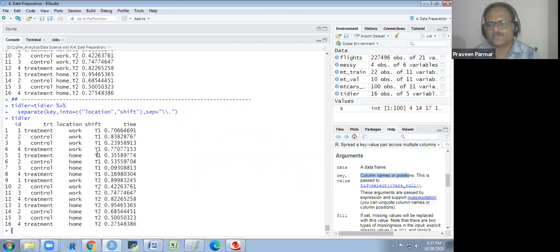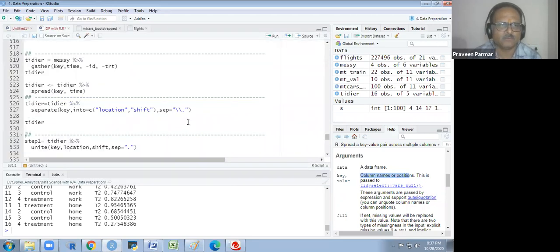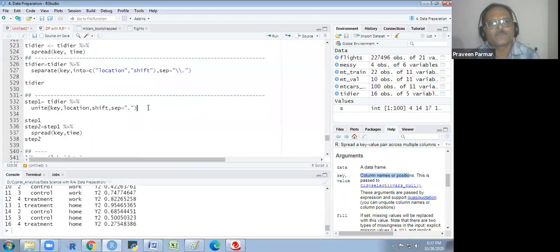So it has changed now. It is separating the column. Spread means it is transforming the data frame, basically rows to columns and values. Separate just splits one column into two columns, or three columns, whatever you want. The opposite of separate is unite, just as we have seen that the opposite of gather is spread. Similarly, the opposite of unite is separate, or the opposite of separate is unite, vice versa.